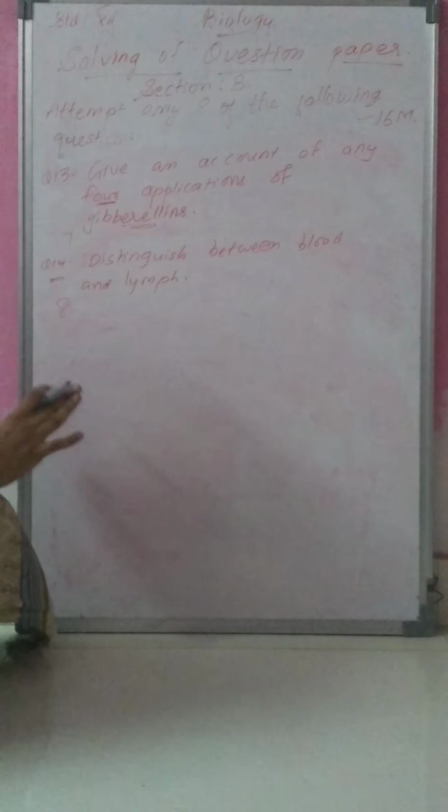Okay. So from question number 3 to 14, any 8 questions you can attempt from these questions for 16 marks. Okay. Every question is here for 2 marks. Means if it is in the form of an answer, then 4 points. Otherwise, if it is a diagram, then you have to draw a diagram and you have to label it. Or if it is match the following, then you have to match the pairs. That will be very simple. Okay. Thank you.